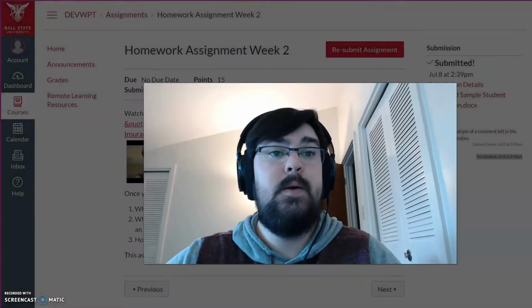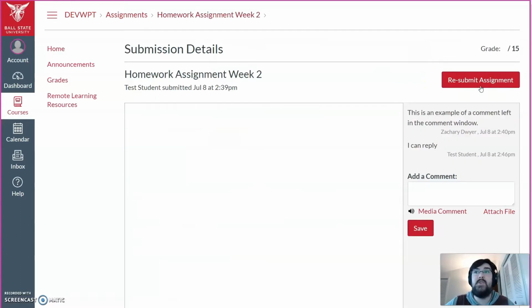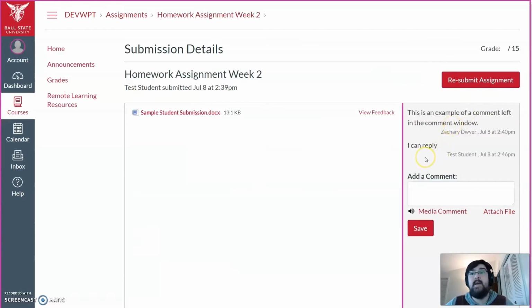Let's jump into it. So I'm in the bottom right-hand corner of your screen right now, and with all of these screencasts, when I click, you should see a yellow circle expand around my mouse. We're going to imagine that you have submitted an assignment for week 2 for your homework assignment, and you'd like to see your instructor's feedback. You'll notice that you should have this submitted option in the top right-hand corner, and that you see this submission details button. You want to click on that to get to where the feedback will be held.